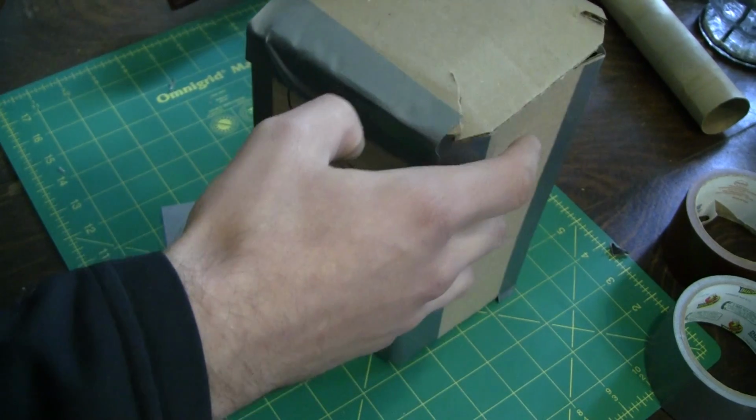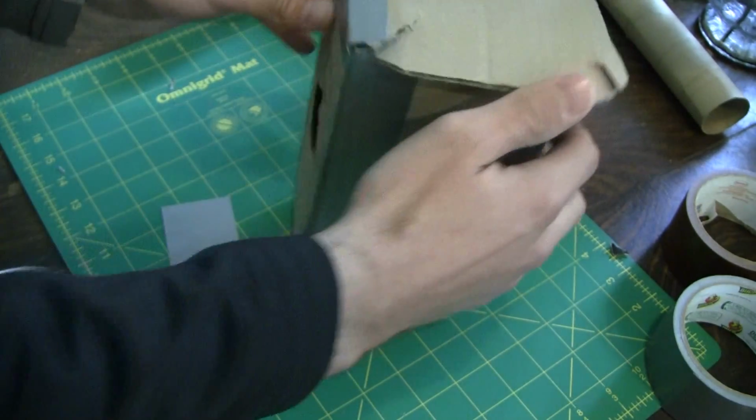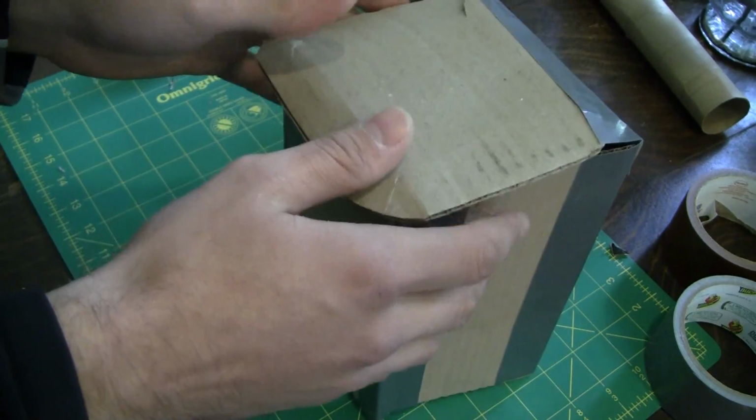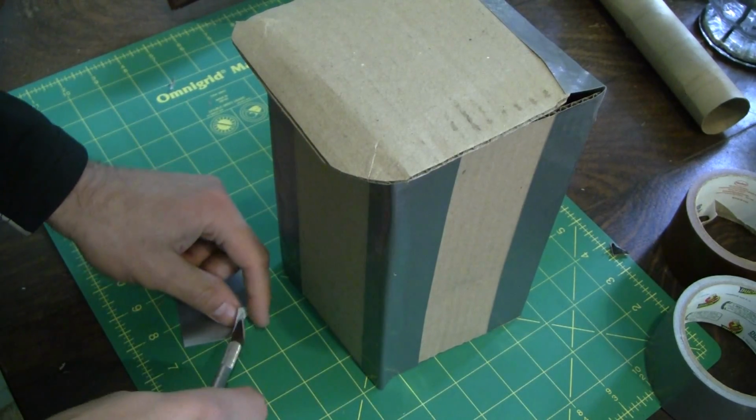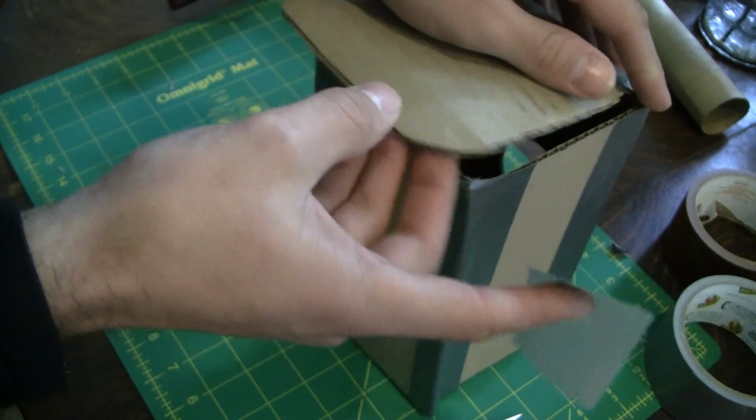So you attach that one side. And you're going to have to work with this a little bit to make it look good. It's not going to happen automatically. I did spend a little bit of time working on my other hammer to make sure that it did come out looking really nice. So now what you want to do is come directly across to the other side and